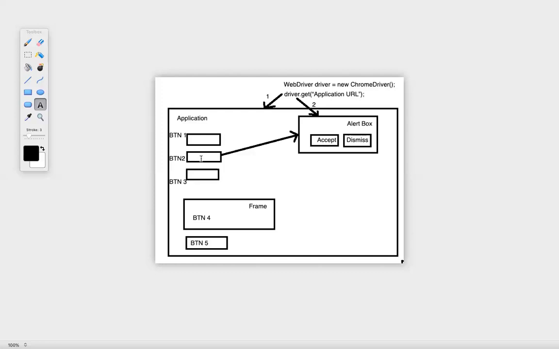I get the BTN2 ID and perform some operation. If I get an alert, I know how to handle it, so I can go over there and handle my alert. Then I come to BTN3 and perform some operation. Then I identify the XPath or ID of BTN4, and then of BTN5, and I write it in my code.